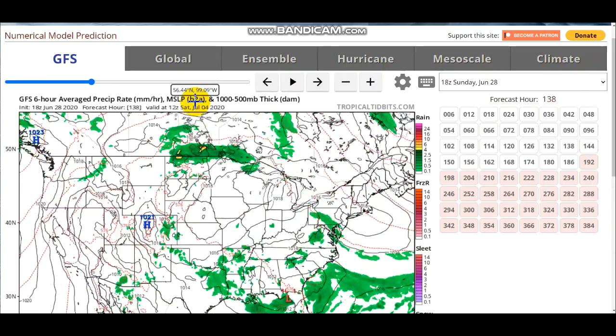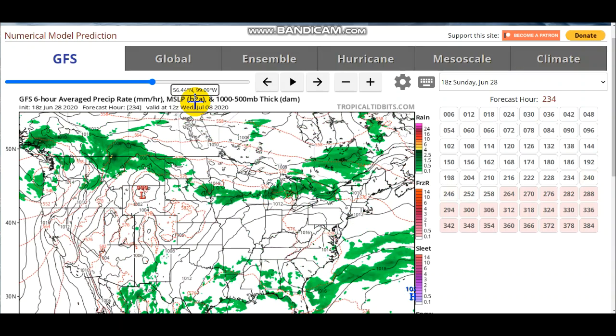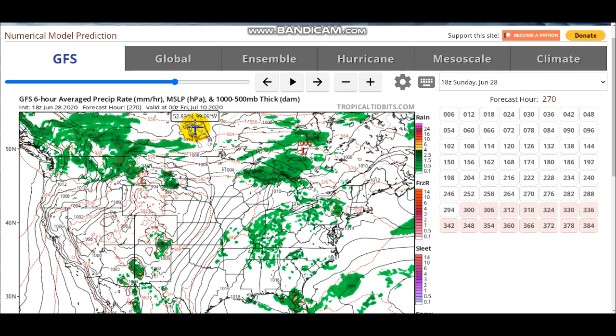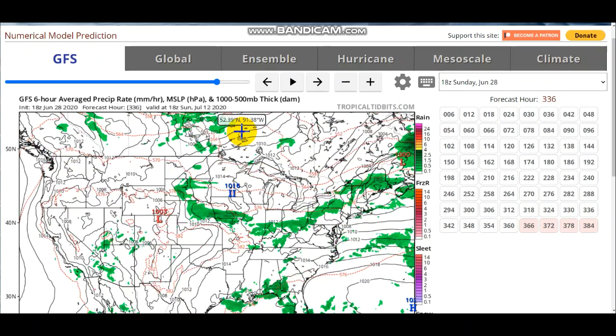Then it kind of goes to the northern and southern sides of the U.S., and then it just becomes more of a west to east oriented pattern. Notice that no storm is really just sending waves north and south. It's just more east to west, more zonal flow. You can see these thunderstorms are pretty fast tracking these systems. You can see that one just sped across, and there's another one that speeds across, and we have another system